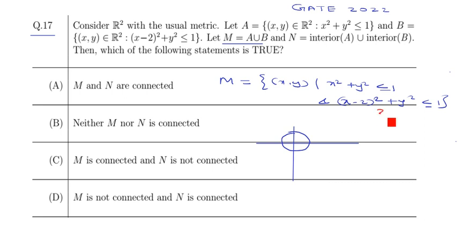So here the center is (2, 0) and the radius is 1. So this point is (1, 0) and this is (2, 0) and the radius is 1. So therefore this will intersect